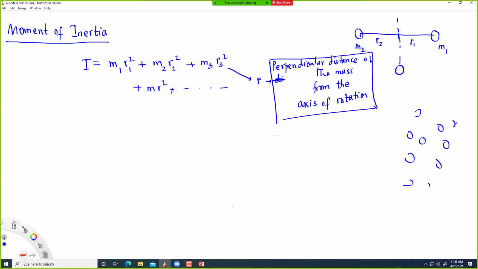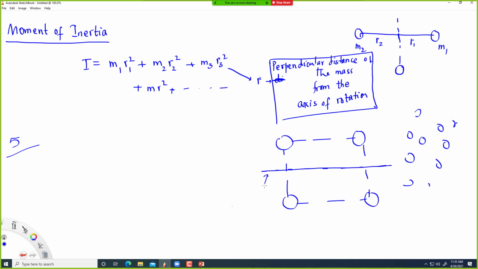So here in the picture, this is number 5. We have 1, 2, 3, 4 particles, and we are rotating these 4 particles about this axis. That's the axis of rotation. We have three parts of this question, and for each of the parts we have different axes of rotation. So let's look at A first. There's a typo, it says B, but that's A. Find the moment of inertia of the system about an axis for A, axis through the center of the square